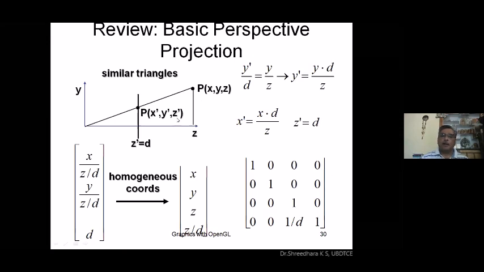Similarly, another value: x dash by d is equal to x by z. If you use the same similar triangle property, x dash is equal to x into d divided by z. Whereas you already know the z dash value, z dash is equal to d. So you have calculated the values of x dash, y dash and z dash, which are required to plot